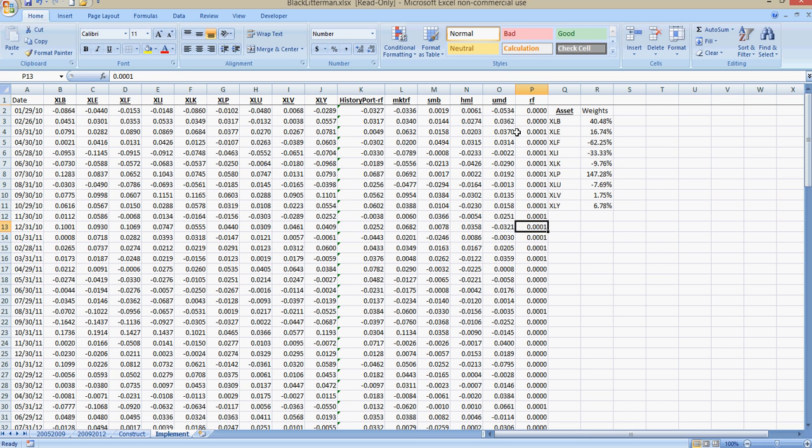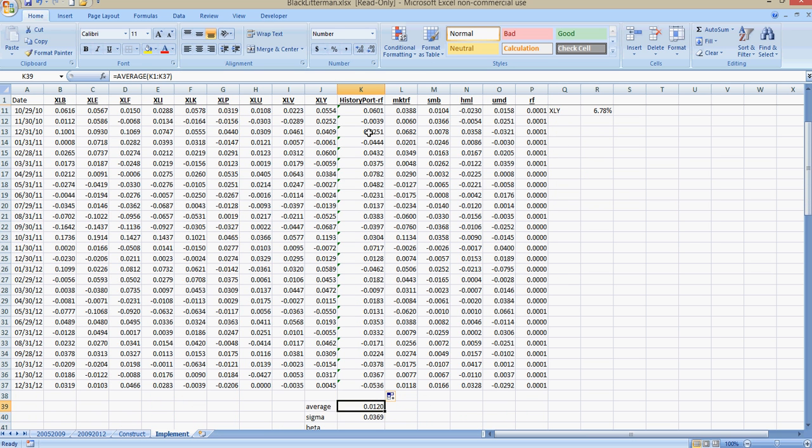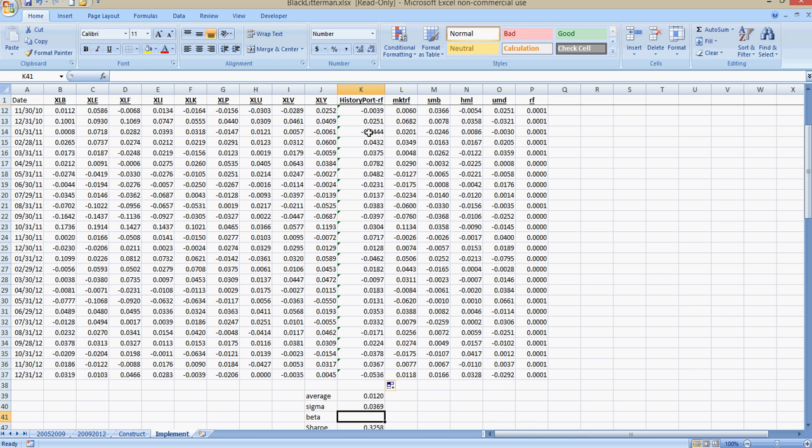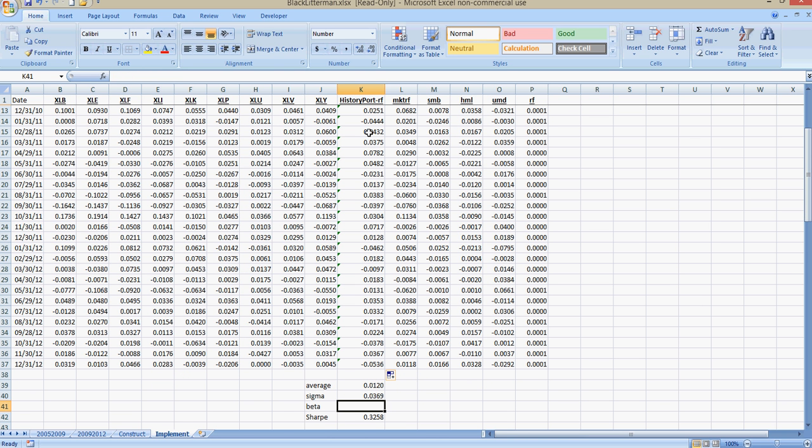See how close it is to zero? That's because the Fed had rates so low. So it doesn't really make much difference. But at the end here I have the average, the standard deviation, and the Sharpe ratio. Now I need to get the beta. The beta is just going to be the slope,